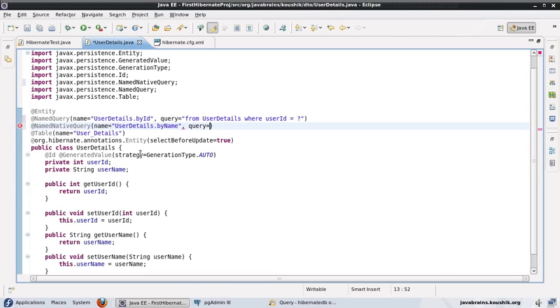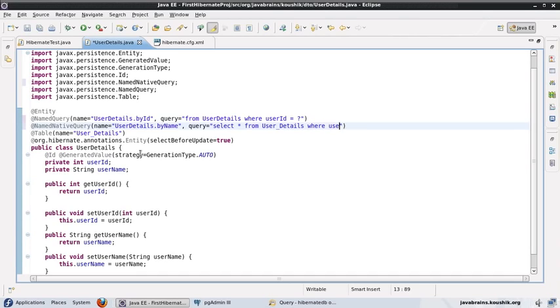I'll enter the query as, now this time it's a pure native SQL query. So I will not be referring to object names, I will be referring to the table name. I will not be referring to field names, I'll be referring to column names. And I will not start the query with a from, I will have to start with a select star from. So it's the entire SQL query. Select star from user underscore details, which is the table name. It's not user details,